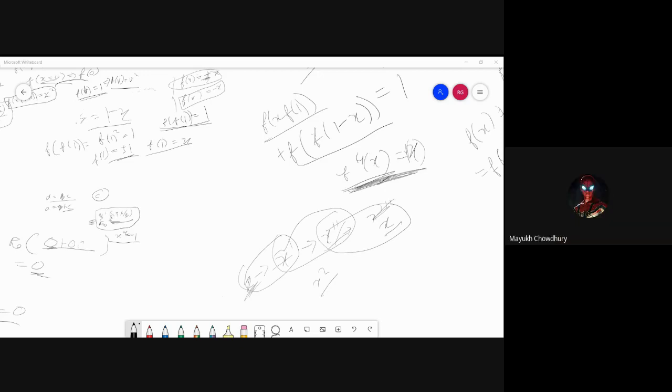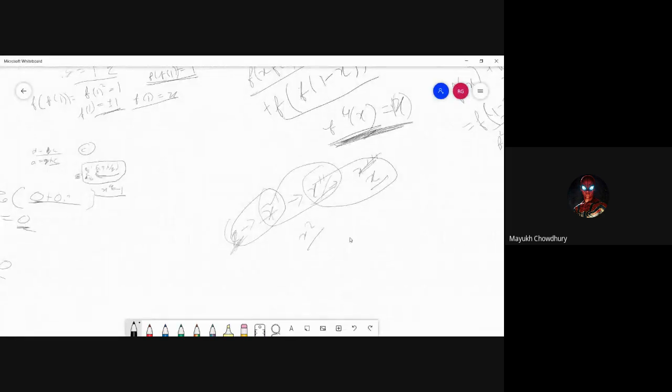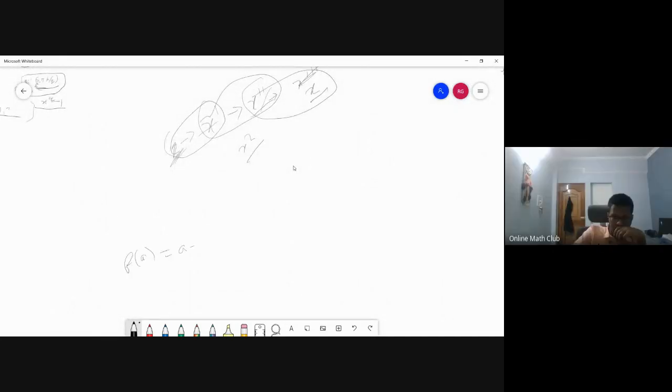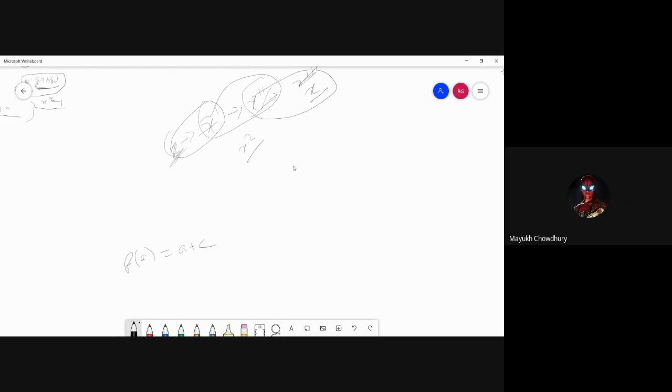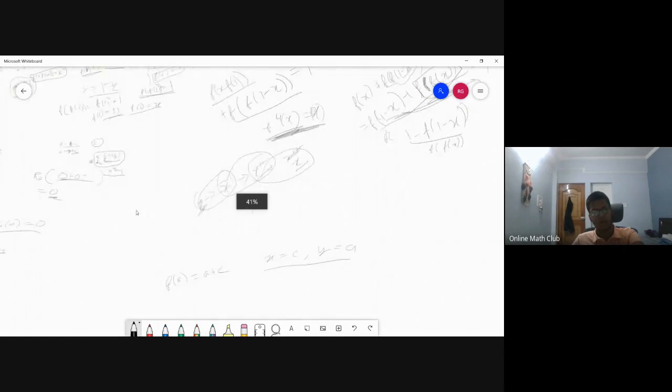Can you scroll down? I mean, it will be better if you write. Let's say f of a is equal to f of a plus c for some a and c. Okay. And then I put x equal to c and y equal to a. Something good will happen because when I have done it, x a plus c whole square will cut out from LHS and RHS. What magic? How?